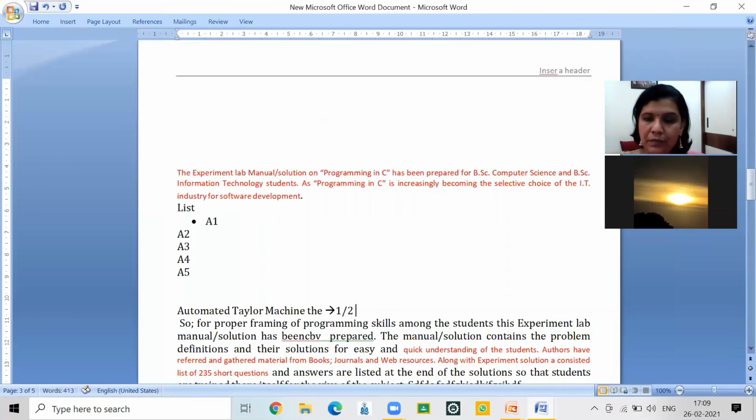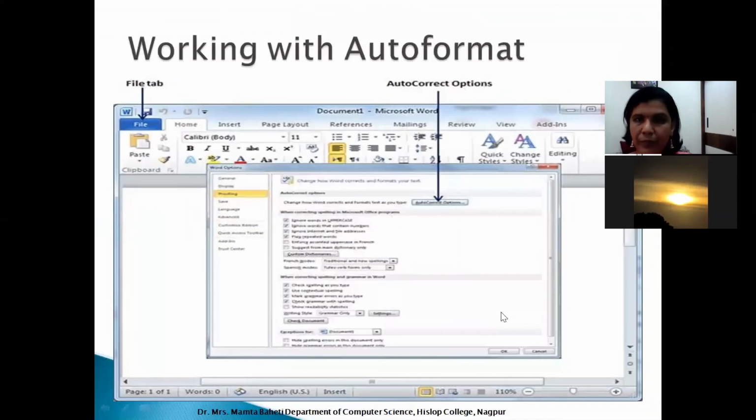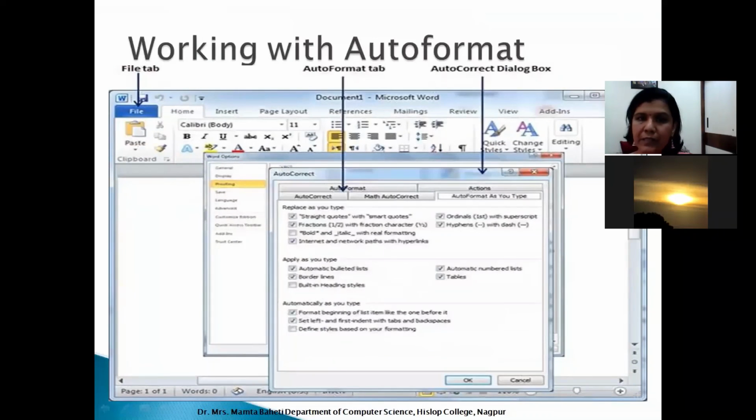1/2 space. See, it has converted to half. Now I am putting 1 ST space. By default it has gone ST at the top. It has not corrected it, it has formatted it. That's why it is called the auto format option. I hope the things are clear. See friends, we have done this.